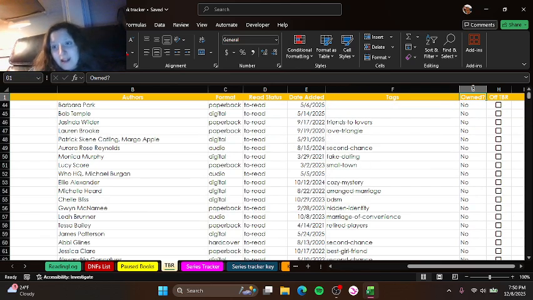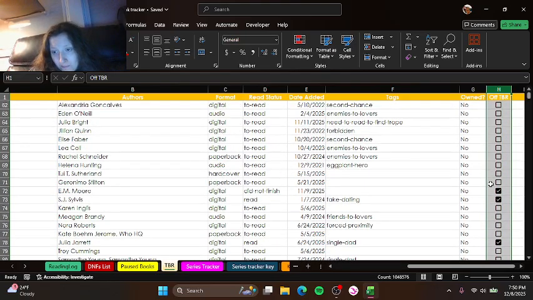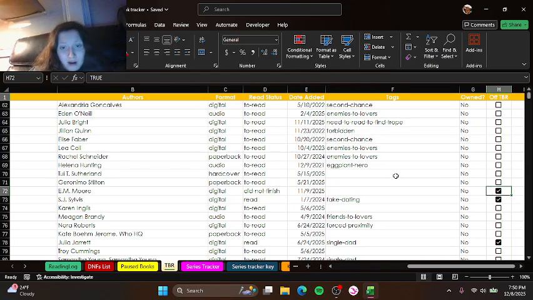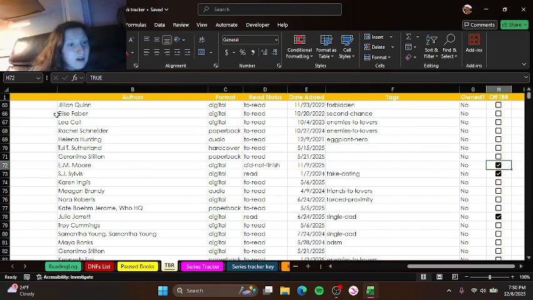And then whether I own the book or not. And then here's what you'll see a lot of them. So if it's on my TBR, it doesn't have a check, but if it's off my TBR, hence what that says,